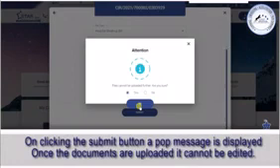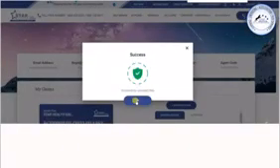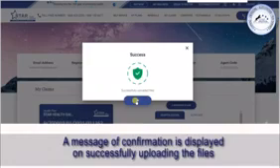Once the documents are uploaded, it cannot be edited. So, confirm the uploaded documents by clicking Yes and then click OK. A message of confirmation is displayed on successfully uploading all the files.